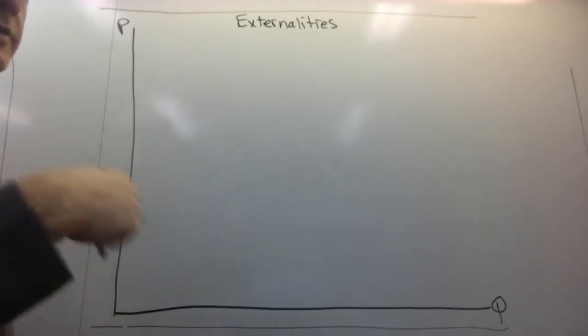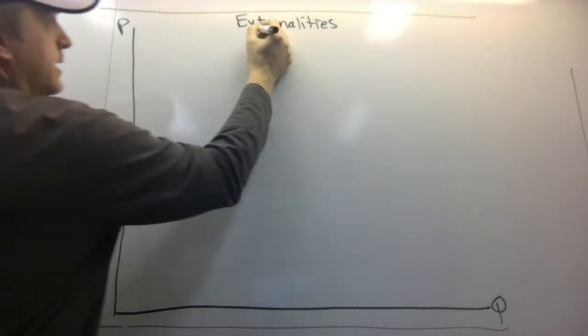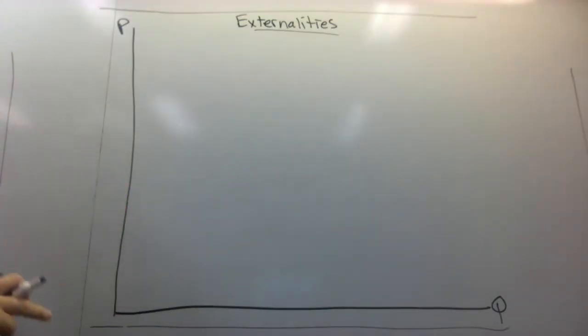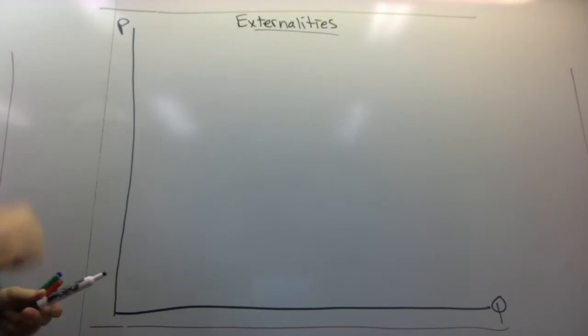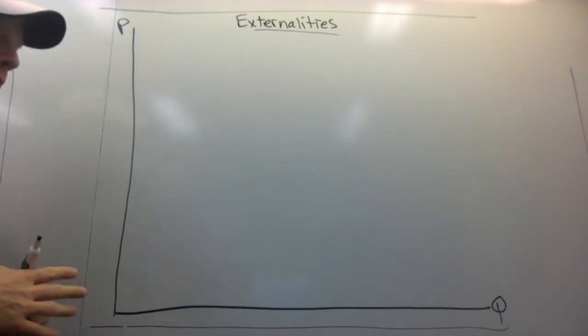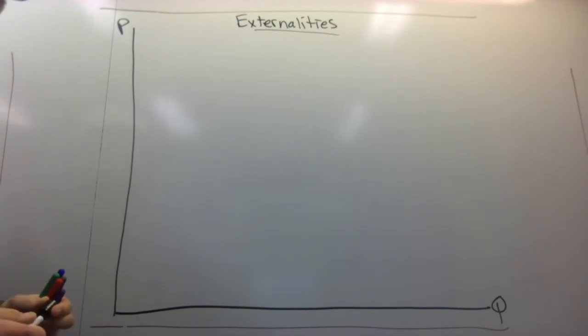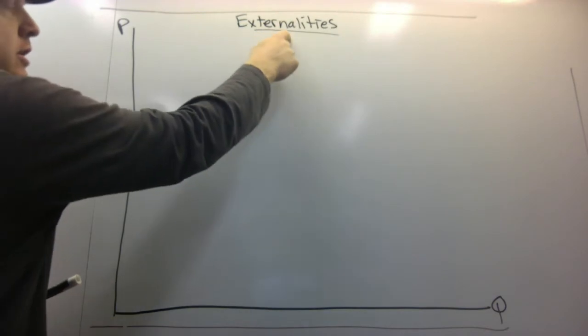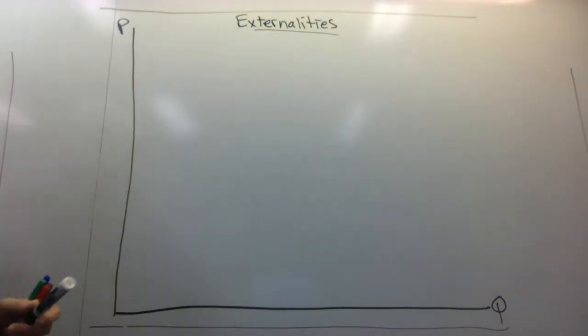Okay, so the next video in the series is looking at how we can graphically represent externalities and their consequences for the market. Remember, we have said all year long that markets are really a perfect way for individuals to express their tastes and preferences regarding how resources should be allocated. When we get to market equilibrium, we're at allocative efficiency, meaning that consumers are completely satisfied and producers are completely satisfied. And this is all true so long as we don't have any external costs and benefits to the actions